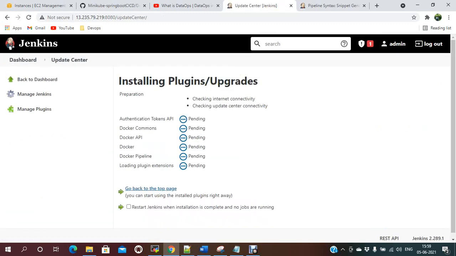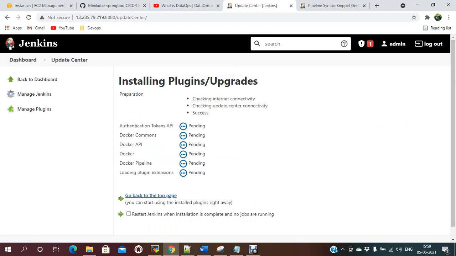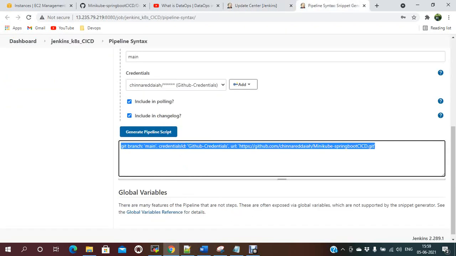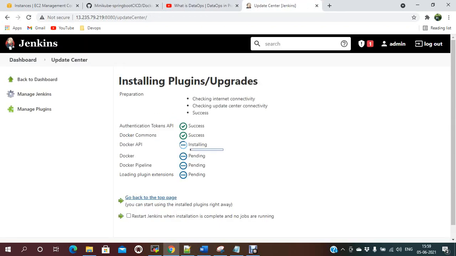I'm installing these two plugins. While pushing the image, you need to provide the credentials, your Docker Hub credentials. So for that, you just need to add your credentials.